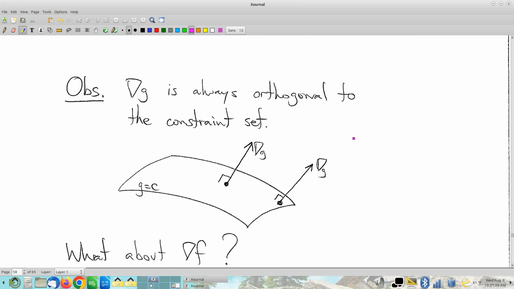First observation, keep in mind our constraint is that our constraint function has to equal a constant. So I'm looking at a level set. That's an equation. By the way, I have a picture here assuming that I have three variables, namely that this is an optimization in three-dimensional space. So this level set, being an equation of three variables, is going to be some sort of a surface. Notice further, if I were to talk about the gradient of that constraint function,